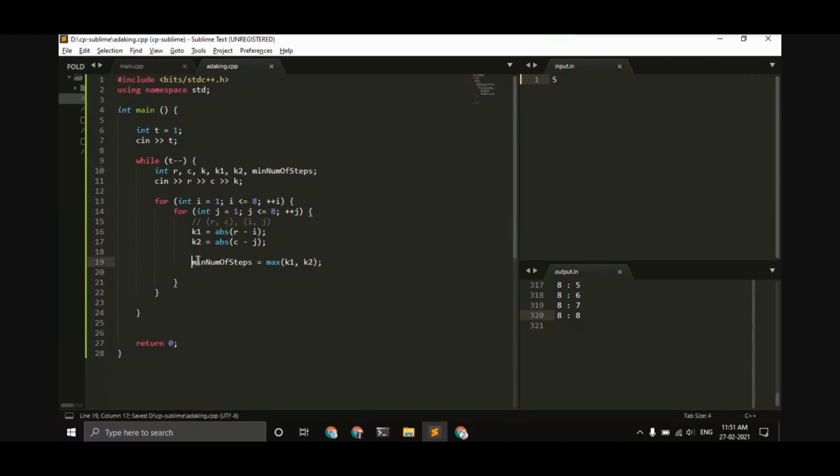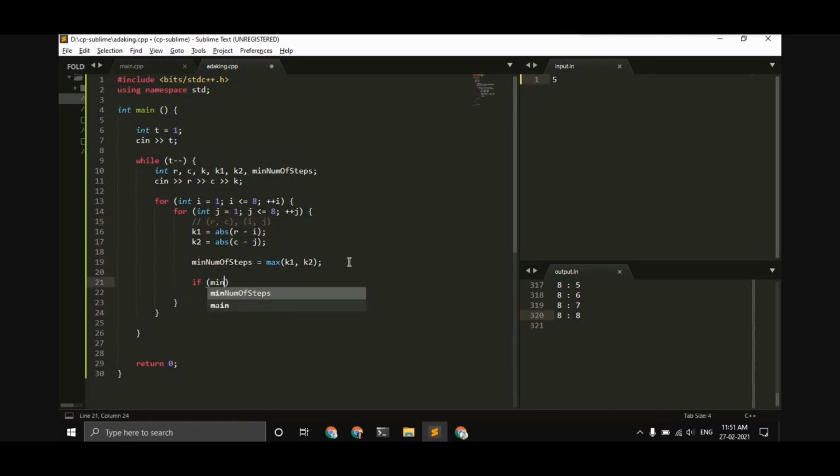And once we have the minimum number of steps, we just have to check if this is less than or equal to the given K value, since the problem states that the king can move at most K steps.